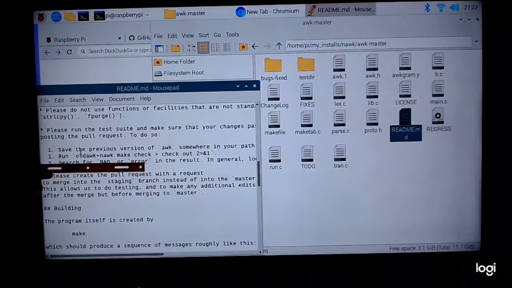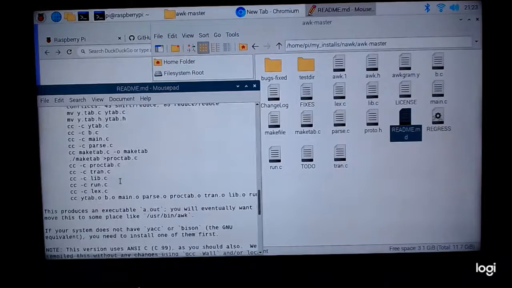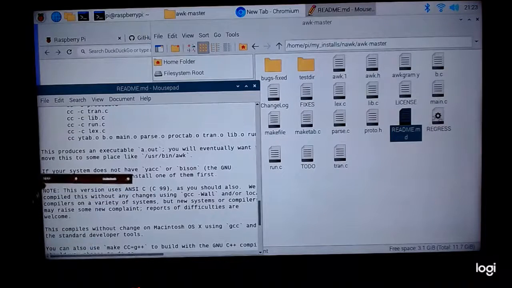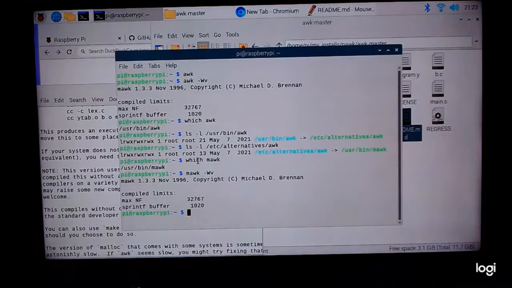And we need to come back to this check program right here. These are the directions that they have to just make AWK. And right down here, let's see, if your system does not have, yeah, we need to install that. So we don't have it. This is a fresh operating system, and I don't have